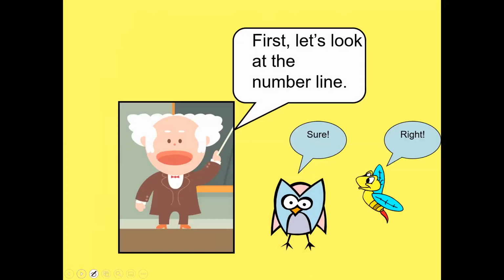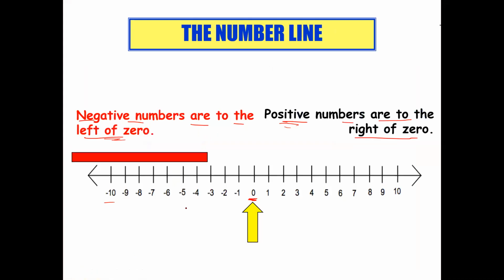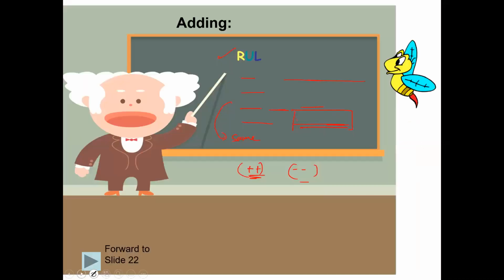Okay, let's start the class from the beginning. What I have told you on the number line, all the negative numbers are at the left hand side of the zero and all the positive numbers are at the right hand side of the zero. Okay, now next,